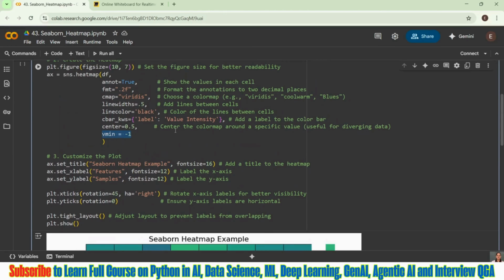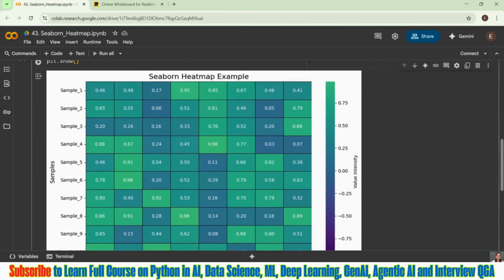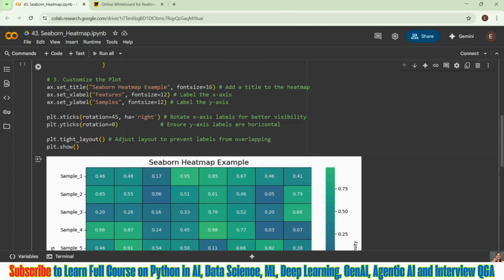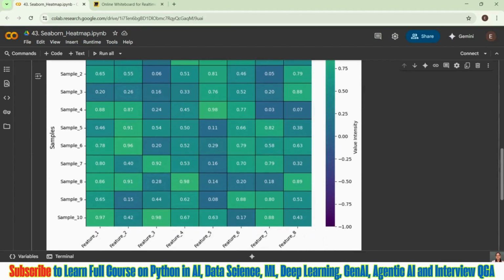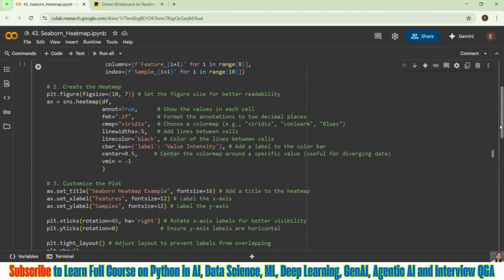I want my data to be presented between -1 to 1, just to understand the better visibility and correlation between all the features, right? If I don't keep it, it is not going to give me the full representation. So vmin equal to -1 is a very important feature.